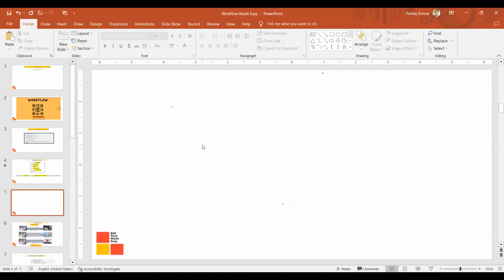Workflow introduction. In most of the business scenarios, workflow is involved. For example, if you have to release a purchase order, that means if you have to finalize a purchase order, then in that case, you are again going to have the workflow in place. Let's suppose you don't have SAP workflow implemented in your organization, then if someone is raising a purchase order, it has to be approved, right? So when it has to be approved, it will go to